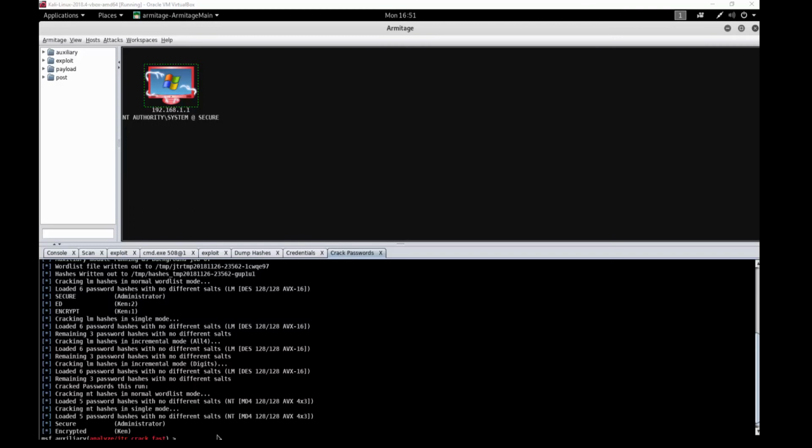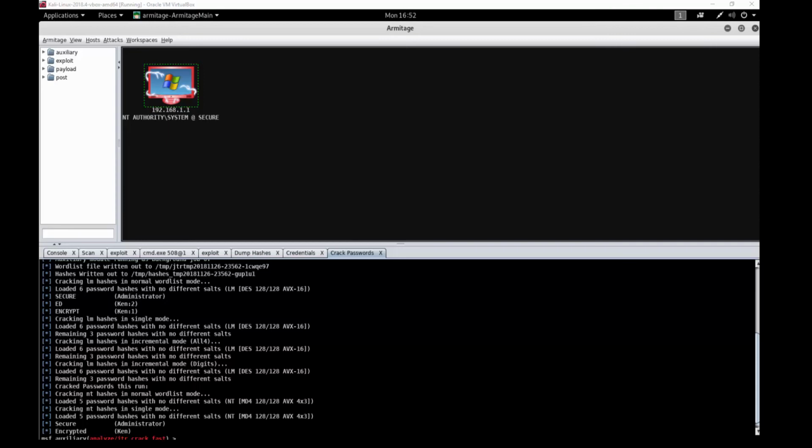And it's running away, and at the moment it's found an administrator with the password secure and a user called Ken with the word encrypted. Now these are not very good passwords, but for the sake of quickness it's what I used on